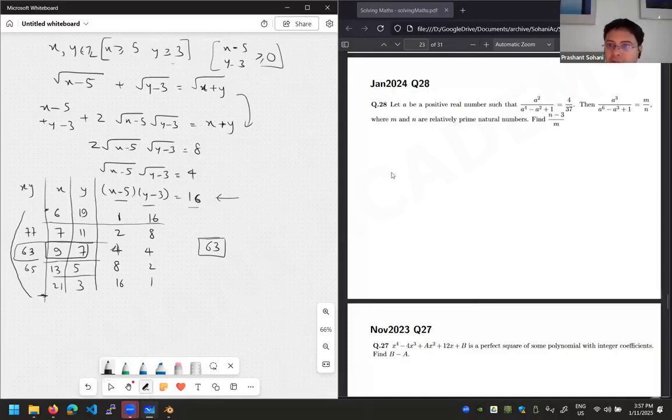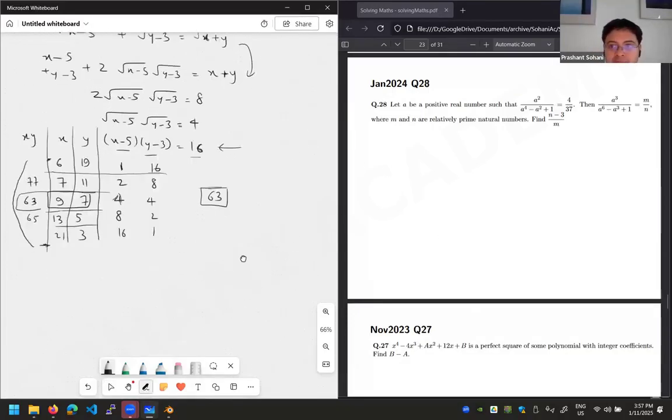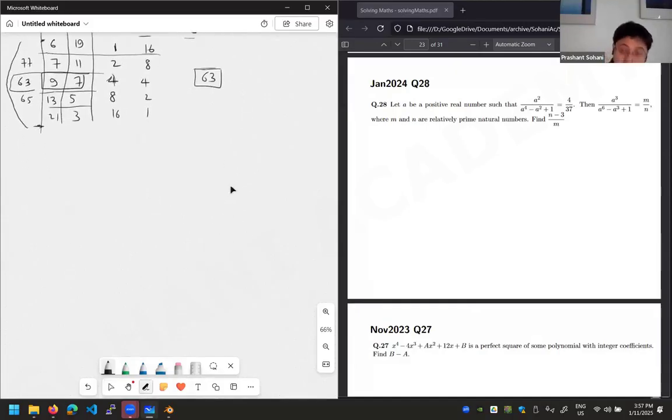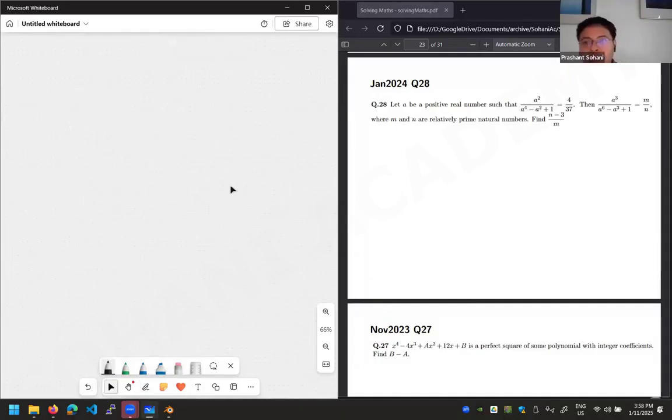Okay, so this is question 28. This is a question mostly based on your knowledge of algebraic expansion, like factorization and things like that. So what is the given information? a square upon